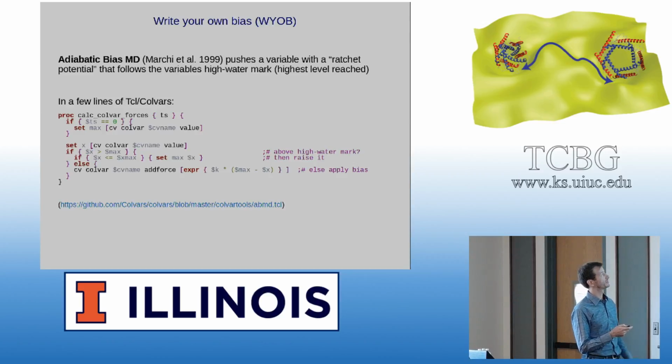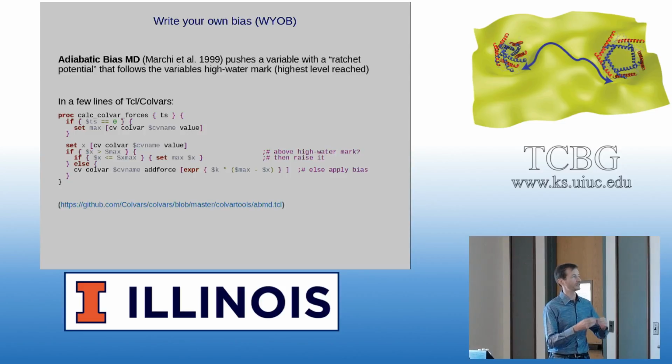So how is this implemented? It's not a very complicated process, but it's still a completely new bias. We have nothing of the sort. So the first thing is you have to initialize this. You have to follow what I call here the high water mark, the highest value the coordinate has reached in the history of the simulation. So you initialize it with the initial value of this colvar, call that max, and then at a given time step, let's take the current value. If the current value is higher than the maximum, then